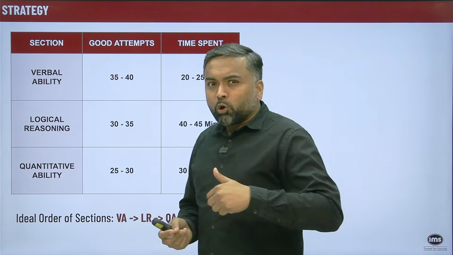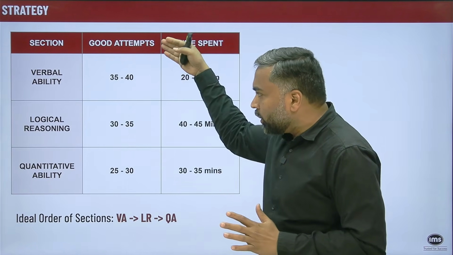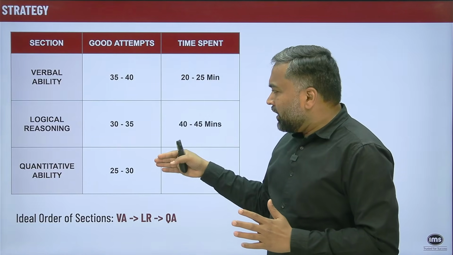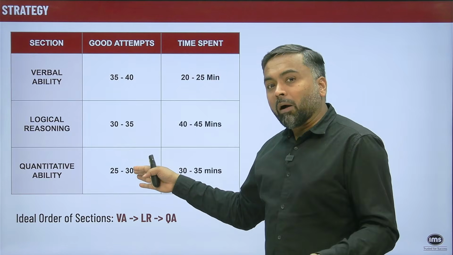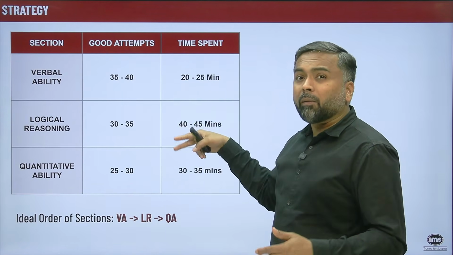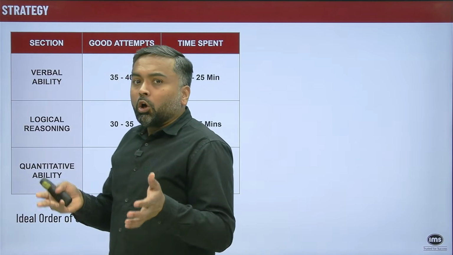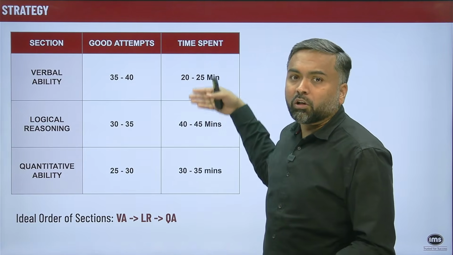But irrespective of whether you are very good at maths or not, I would suggest that this is how the order of your attempt should be. Just imagine that you attempt here for 50 minutes and are able to get only 30 marks. And then in the remaining 50 minutes, if you are supposed to attempt 80 questions, it becomes difficult to score 45 to 50 marks in the remaining 50 minutes in both the sections.